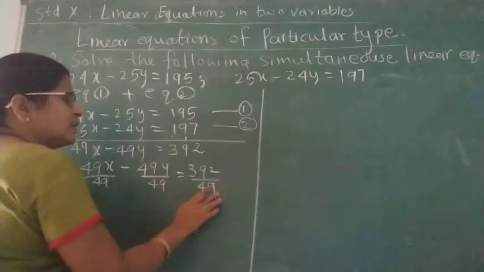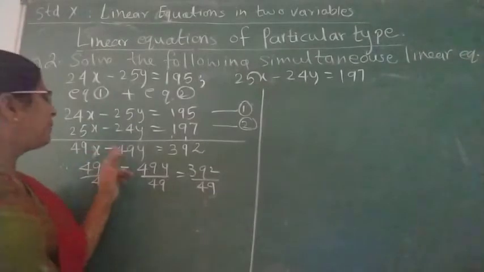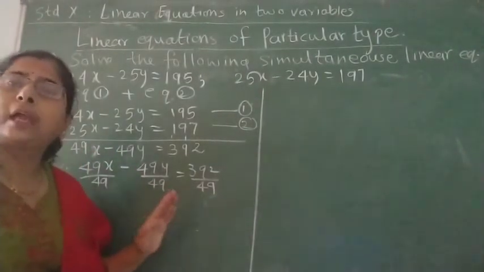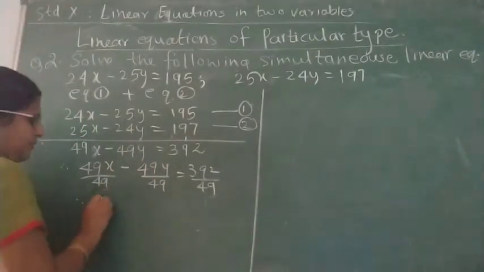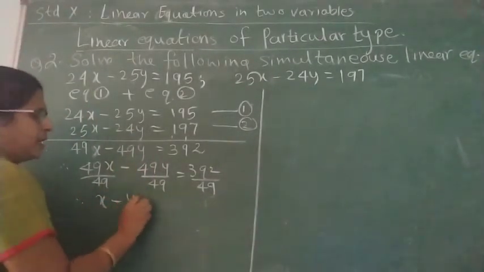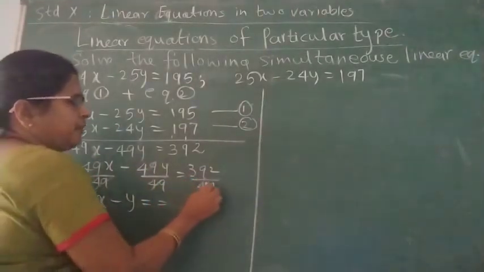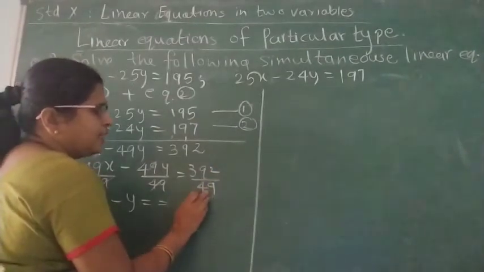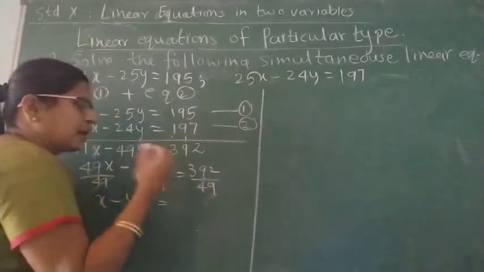My dear students, you will get numbers here which will be divisible by these numbers. So if you don't get it, it means you may have gone wrong somewhere. So this will give us x minus y. This gets cancelled. And now let's check by which number we get division. So it's 49. This number is ending with 9. Let's have some rough calculation.